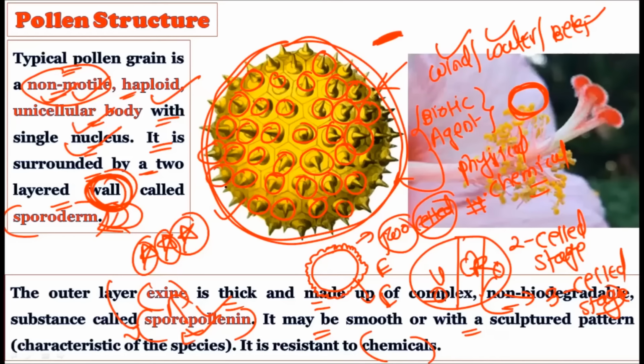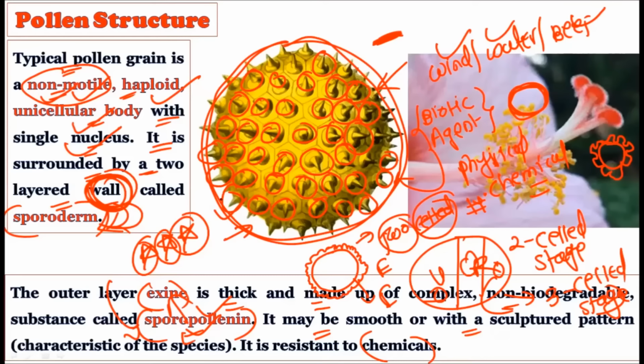See, this outer layer, the exine, is spiny in this case, while in the other case you will find a structure like this. So these types of spininess are also there. And the other pollen grains were showing other types of spininess in their outer wall. If spines are present, they are characteristic of that species. That is, one species produces its own kind of exine layer, while another species produces its own kind of exine layer.